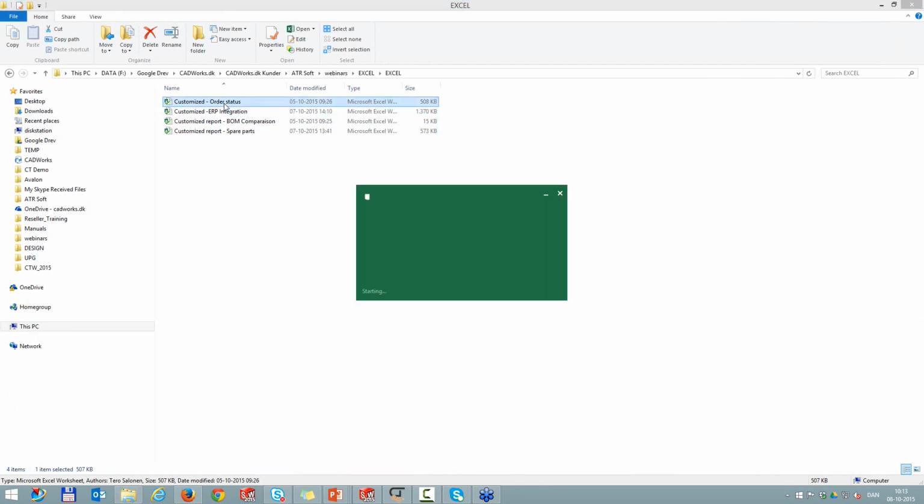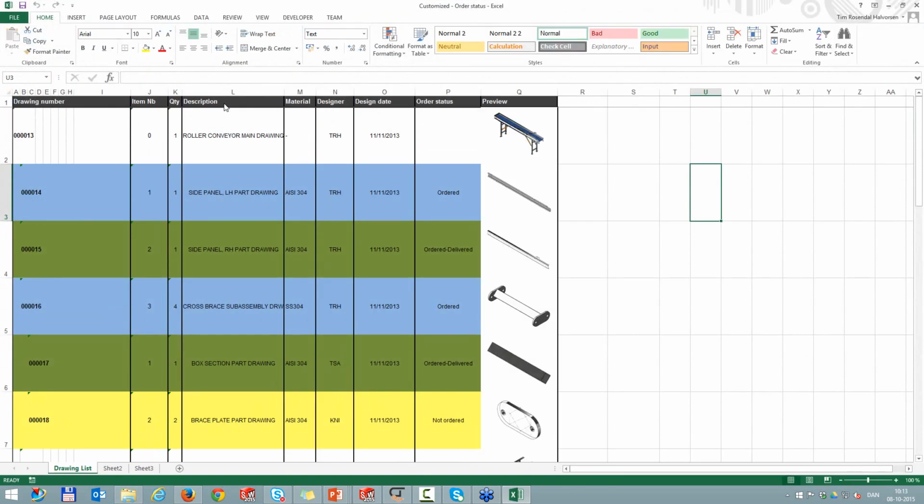We also did an order status. And actually what this is doing is we have an assembly in SolidWorks, and that is already created inside our ERP system. But then if someone, a manager, would like to know, hey, what is the status of our project currently, then he could run an export and just have a look at the file list and the status retrieved from the ERP system. So if you were purchasing components from different vendors, you could see that they were ordered and delivered, not ordered yet, and really get a visual input of what is going on and what the status of your project is.